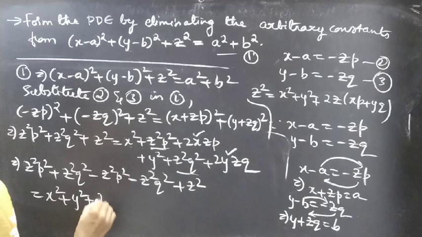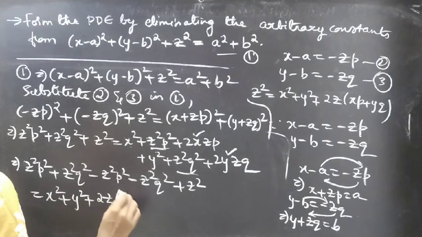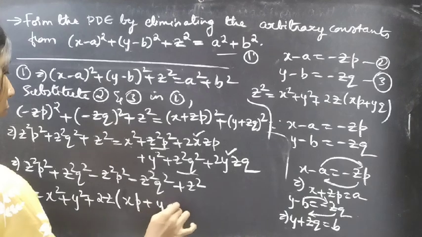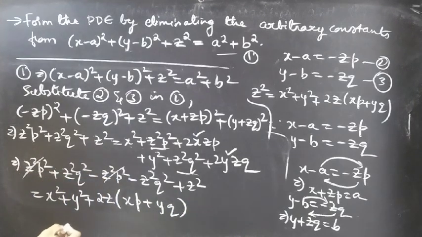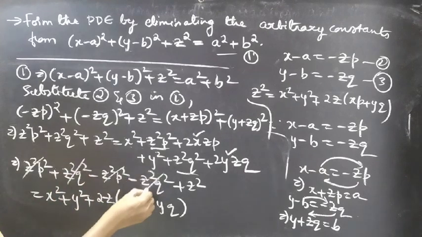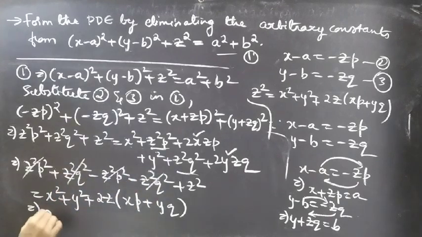You'll get 2z times (xp plus yq), where z square p square minus z square p square gets cancelled, z square q square minus z square q square gets cancelled, which gives us z square equal to x square plus y square plus 2z into